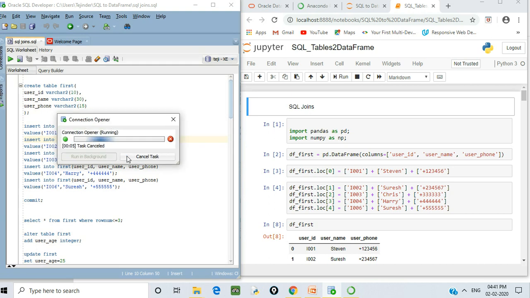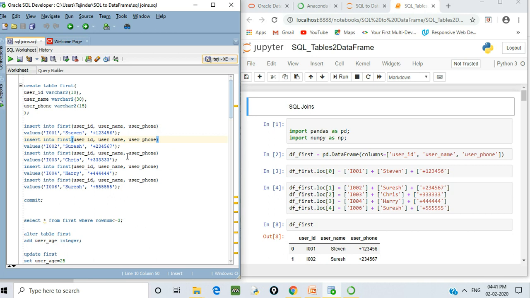Say database user ID password. You can create any one. So I'll be telling you how you can create a basic SQL database table in the SQL database, so that the same can be done in the Jupyter notebook in the Pandas Dataframes. So let's first start with the